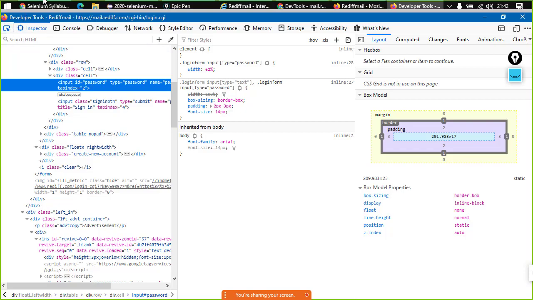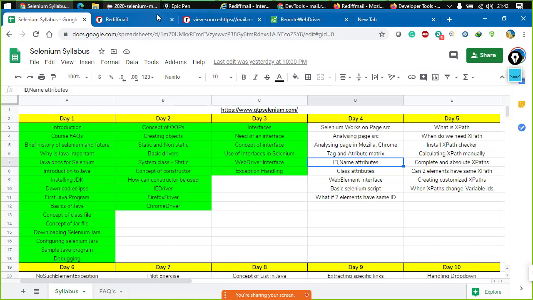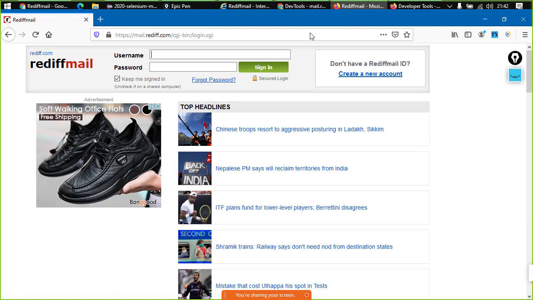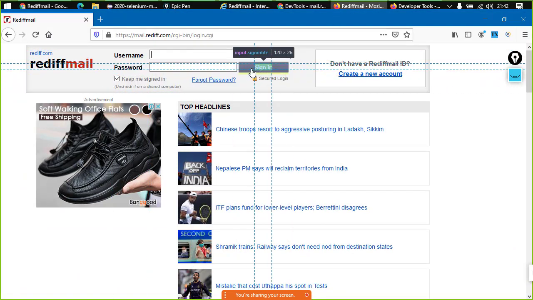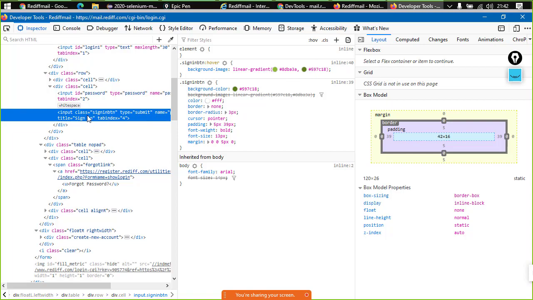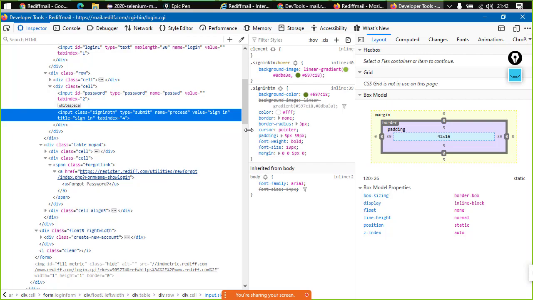Now click on this again, going back to the page, and here, where did we open that? Oh sorry, here, right, on the sign in button. So over here I'll click on this. Now you would notice something in the developer tools. The sign in button has been highlighted, which has the name that is proceed, right? There is no ID, but yes, there is proceed, right? This means that we can deal with this particular element as well, right?